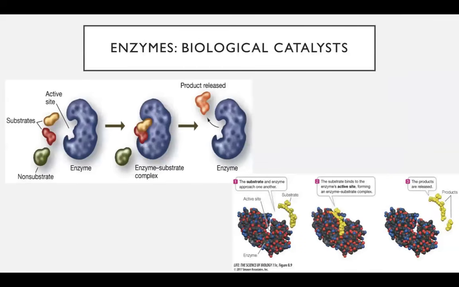So, enzymes and their mechanisms. Substrates typically bind to enzymes. Substrates are reactants. They bind to enzymes at their active site and produce something known as an enzyme-substrate complex. This enzyme-substrate complex is held together by hydrogen bonds, ionic interactions, van der Waals forces, etc. So an enzyme and a substrate bind, and eventually a product is released.